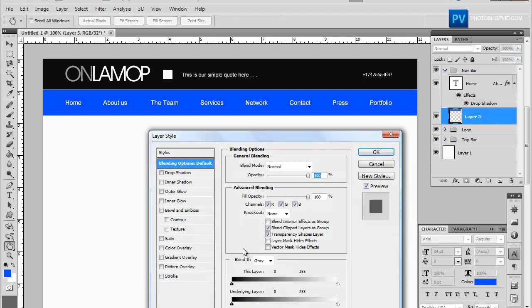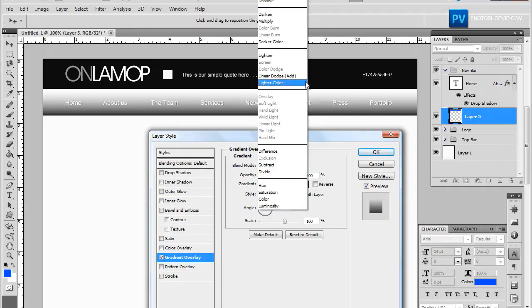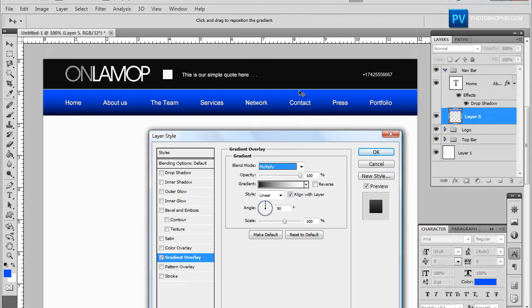Maybe we can add a gradient overlay on the bar here. Set it on multiply, maybe. Yeah, that looks pretty good. Let's leave it at about